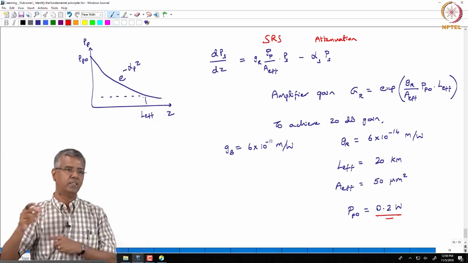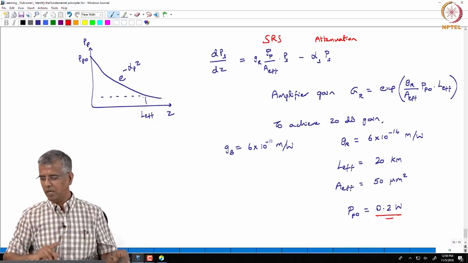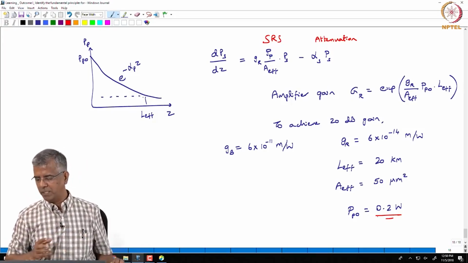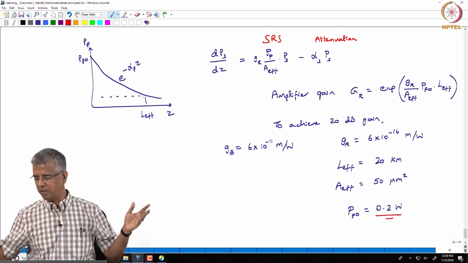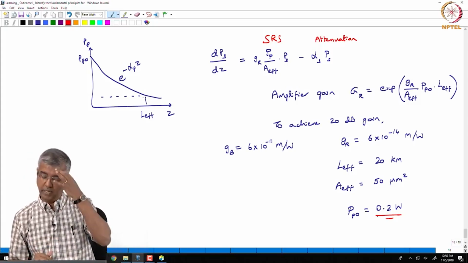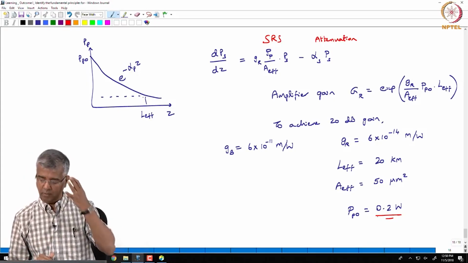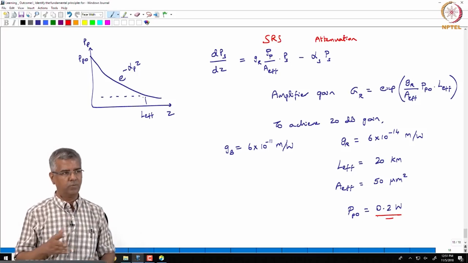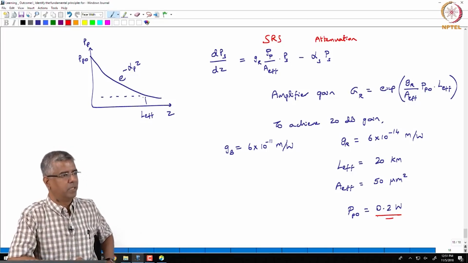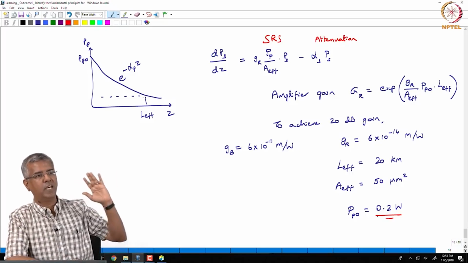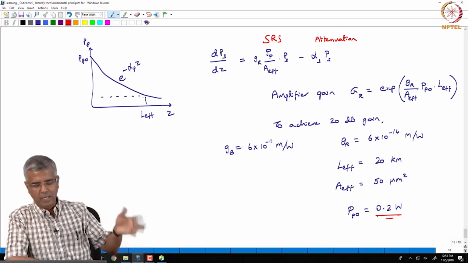You understand? So, there is actually a much higher requirement of power compared to an erbium doped fiber. If you had 20 meters, you could get 20 dB gain with maybe something in the order of 4 or 5 milliwatts of power. But here you are having to go to much higher power levels,